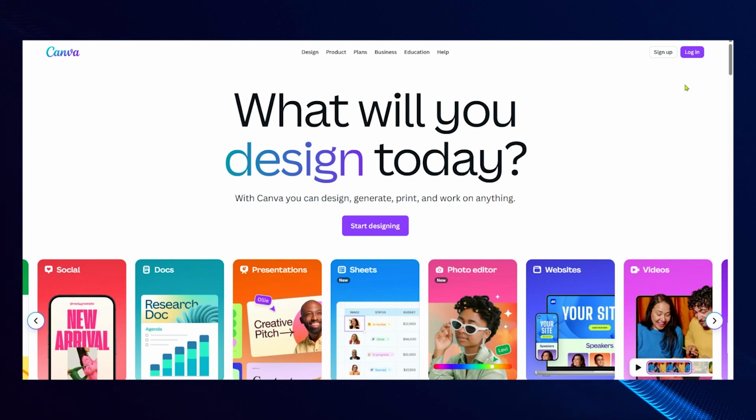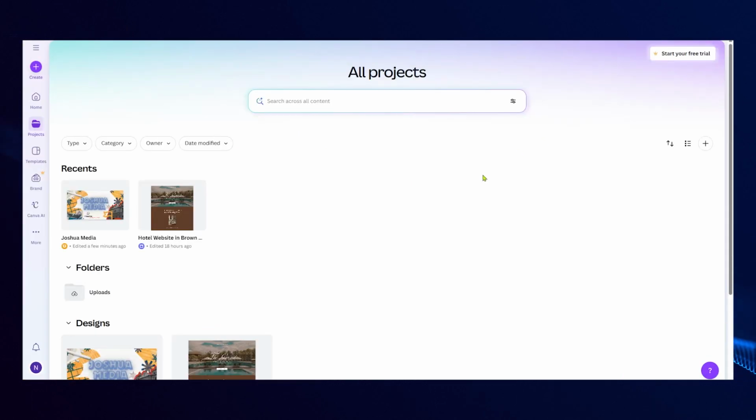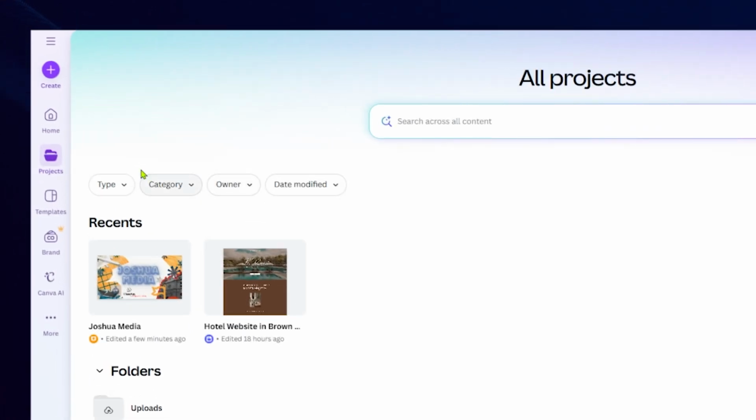Next, you'll want to navigate to the Projects tab. Click on Projects and you'll see a list of all your existing designs. Remember, it's always a good idea to have a specific project in mind where you want to add the contact form. For today's purpose, select the project you've been working on or where you plan to embed the form. This helps in keeping everything organized and allows you to visualize the integration of your new contact form within your